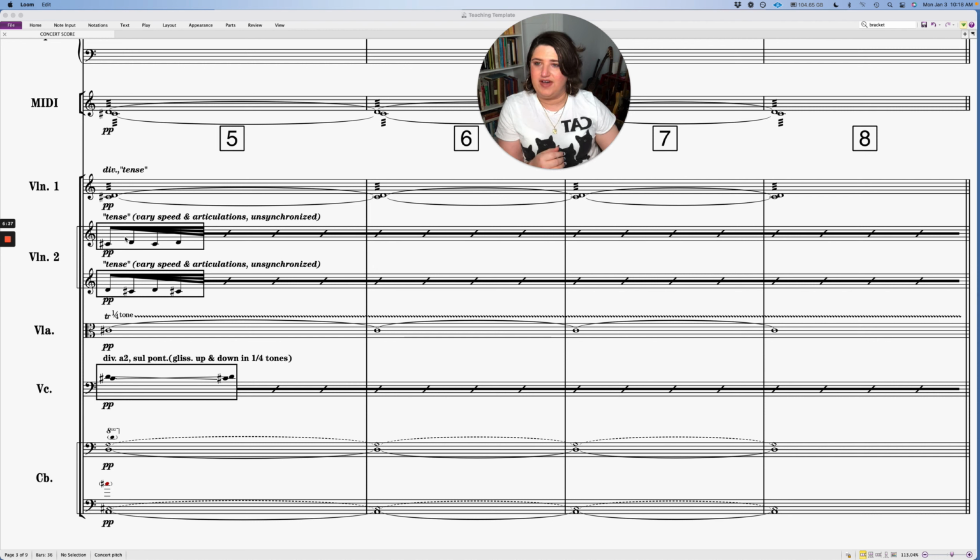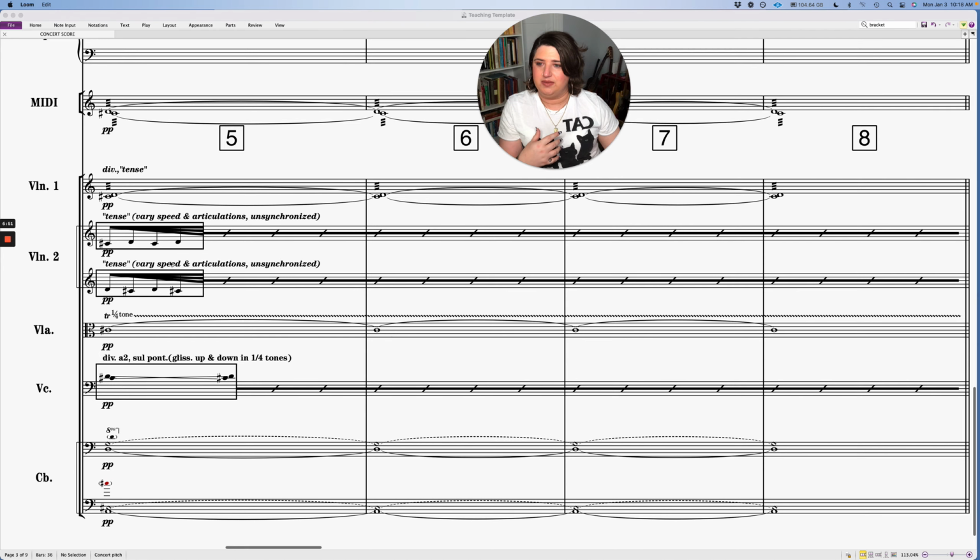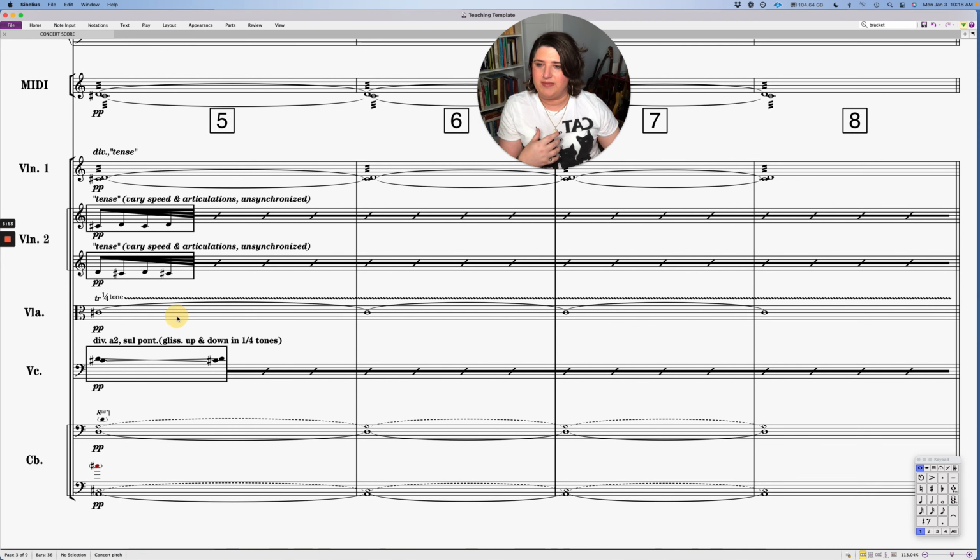So in the second violins, I'm saying vary speed and articulation. This could be going from spiccato to legato and whatnot, and they're just oscillating the pitches. In the violas, I'm having them do a quarter tone trill, so they're in between the pitches.